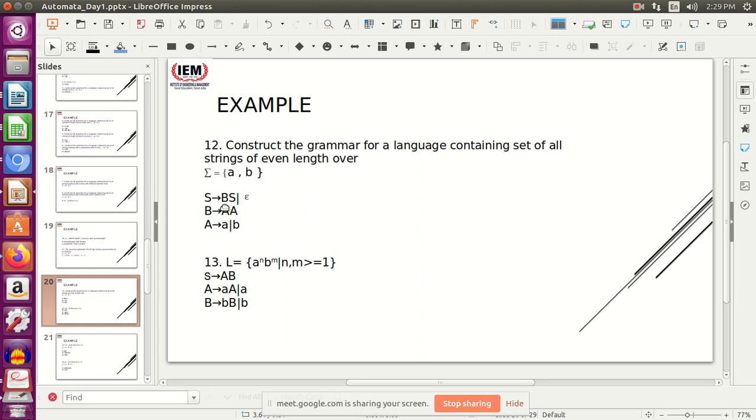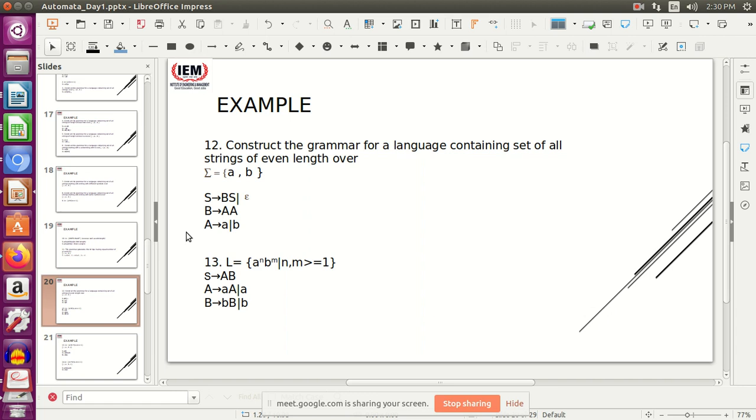Okay. So this B, what form can this B take? This B can take the form of a double A, because I already told you it should be even. So a double occurrence of anything, where A can be replaced by either a or b.